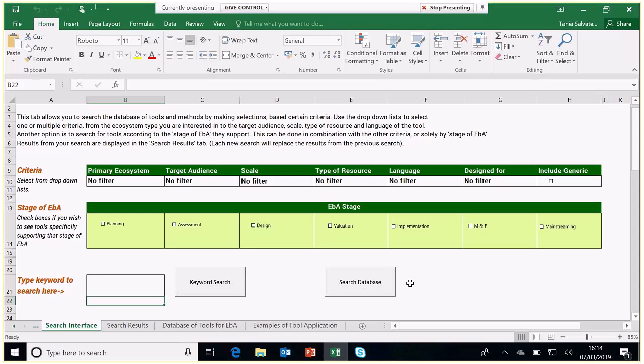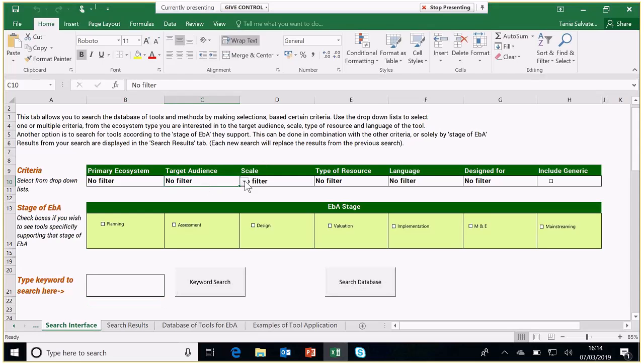So I would just like to show you a couple of examples of hypothetical situations of how the search function could be used. So first one, imagine I'm a project planner, I'm working on a coastal area, and I'm looking at what adaptation options are available during the design stages of my project.